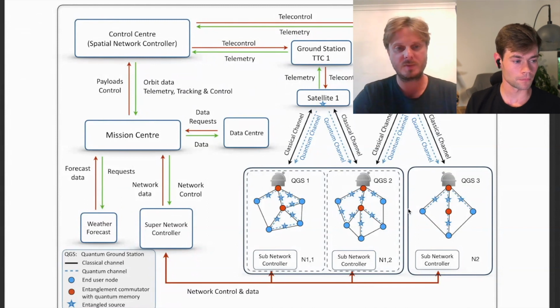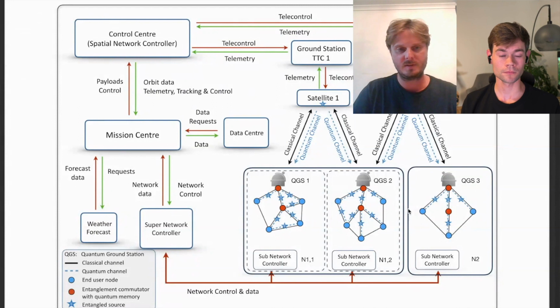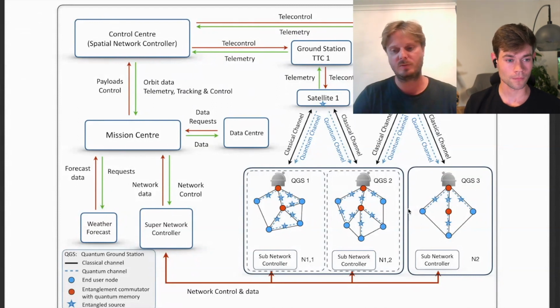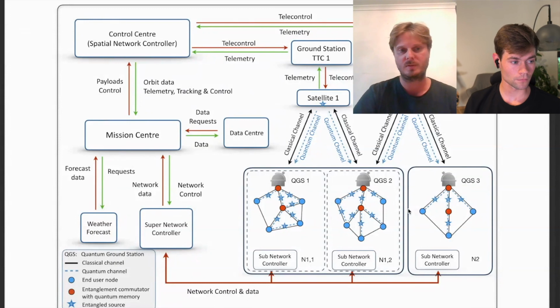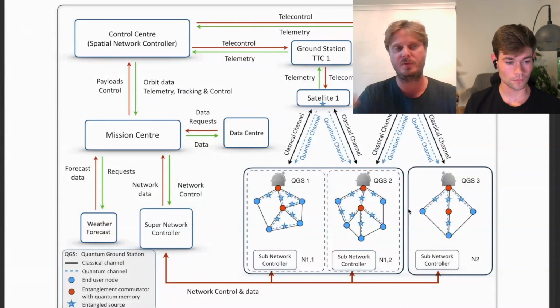Yeah, for instance, here we assume that there are different entities, different companies, but still there is an authority which is called the super network controller that will ensure the subsidiary organization. Because at some point, if they disagree, you have to find a way to work all together, and then you refer to the super network controller. So he will decide not on the business part, so the business will be clearly defined at the very beginning, but it will decide on the functionalities and how to work.